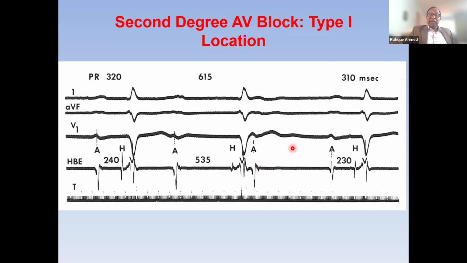And this patient, if I give atropine at this point, it will improve, because the AV node is supplied by the vagus nerve and conduction can improve. I'm not saying this Wenckebach block needs treatment, but it will improve. Also, if this patient exercises, the PR interval would get better.